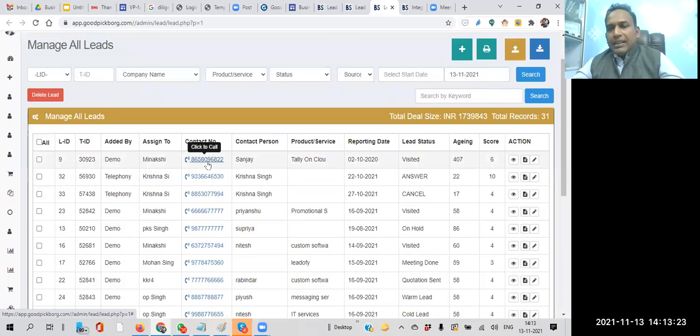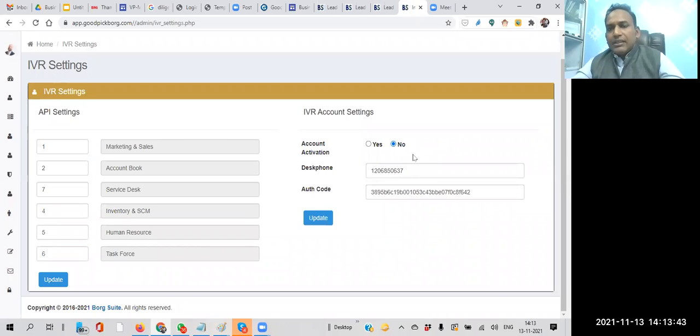If I make it deactivated, then this click option will disappear. So by default, if you are not activating this feature, you will not notice anything clickable over here, and it will be normal text. Once you activate this feature from the IVR setting, then it will become clickable.